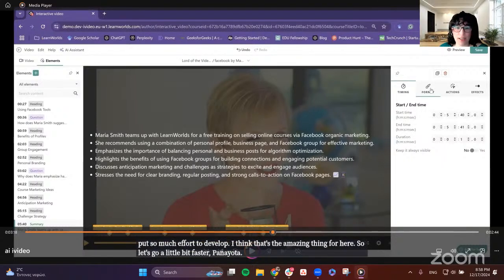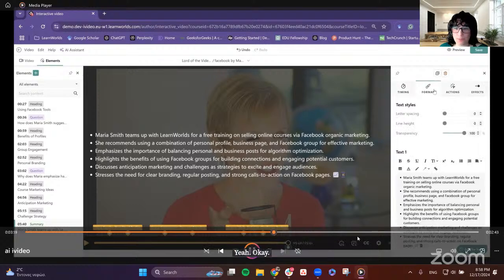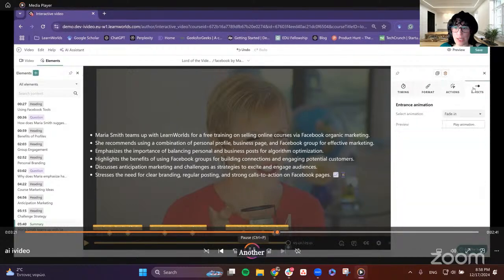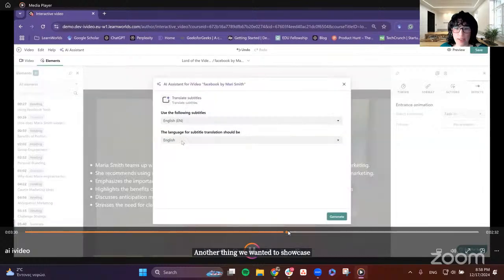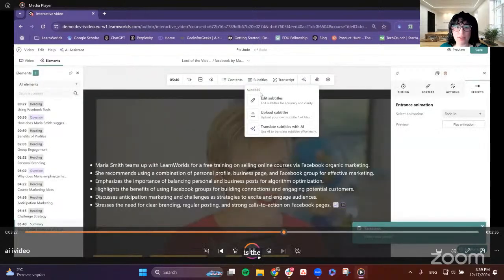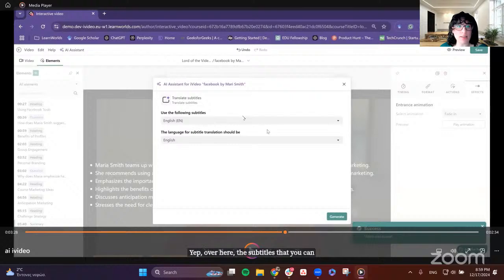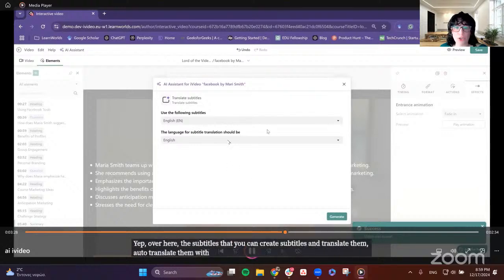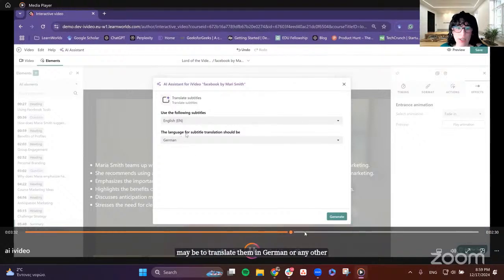Okay. Another thing we wanted to showcase is, over here, the subtitles. You can create subtitles and auto-translate them with AI. You can choose to translate them into German or any other language that you like.